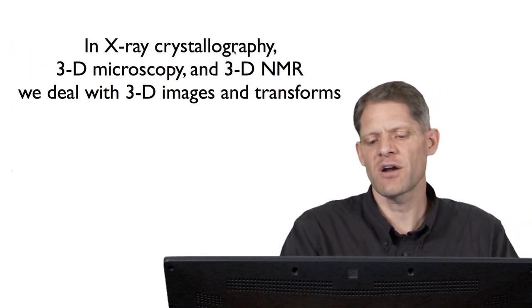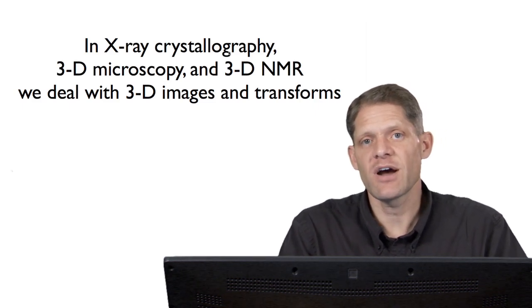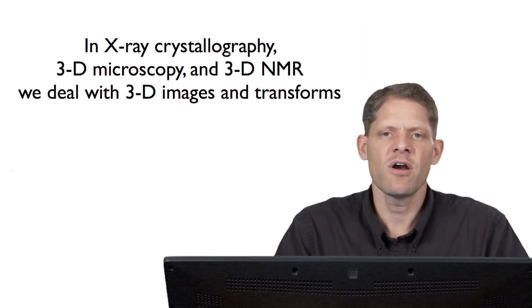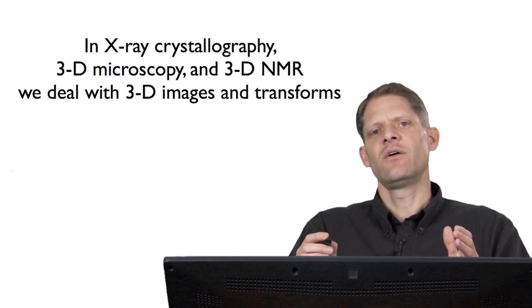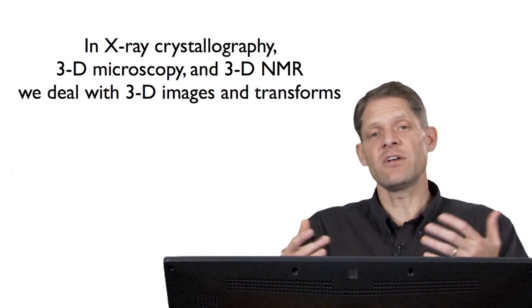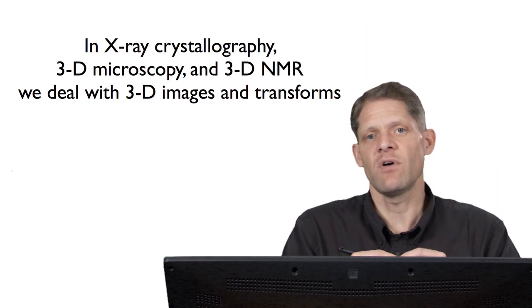So now I've talked to you about one-dimensional Fourier transforms. Then we talked about images and two-dimensional Fourier transforms. But in lots of fields, three-dimensional Fourier transforms are involved. In structural biology, these include X-ray crystallography, 3D microscopy, 3D NMR. In all these situations, we're dealing with 3D representations of an object, you might call it an image, 3D volumes,